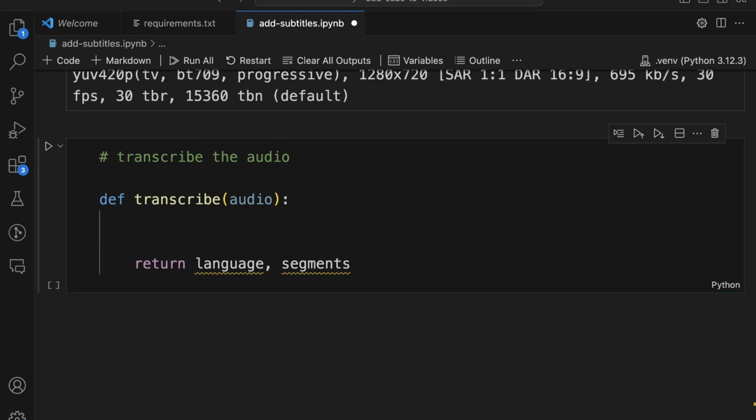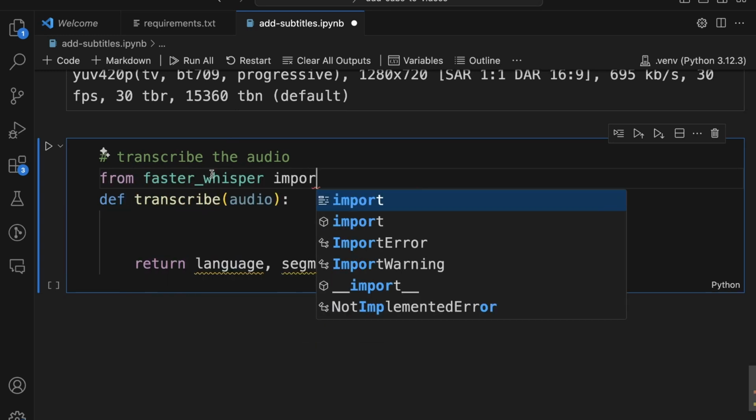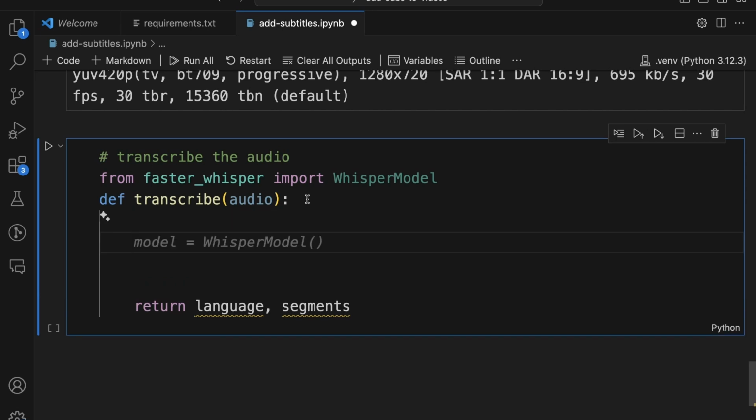But our method is going to take the audio, and now is the point where we'll start using the Whisper model from faster Whisper, right? So from faster_whisper, import WhisperModel. This is what we'll make use of. Once we are in this function, we'll say our model is WhisperModel, and we are going to